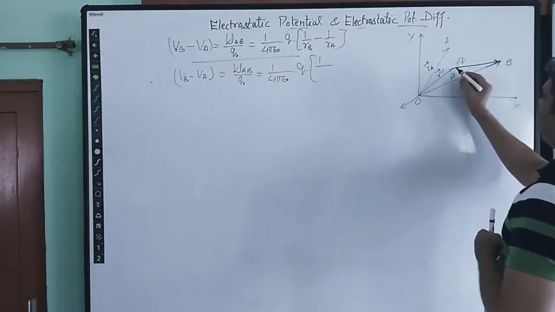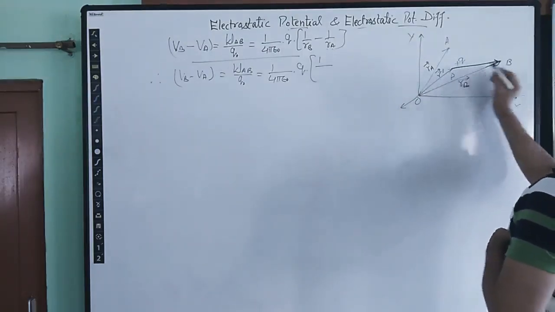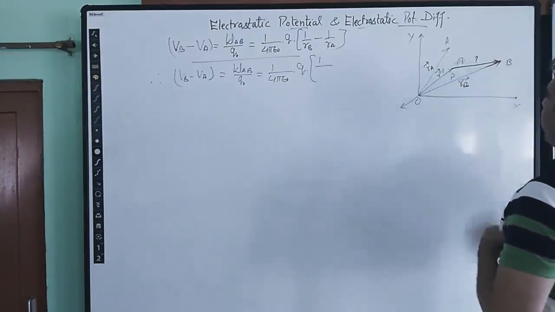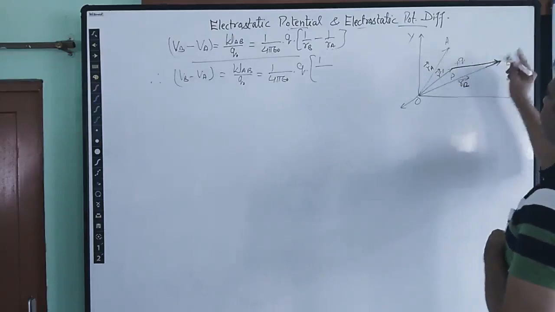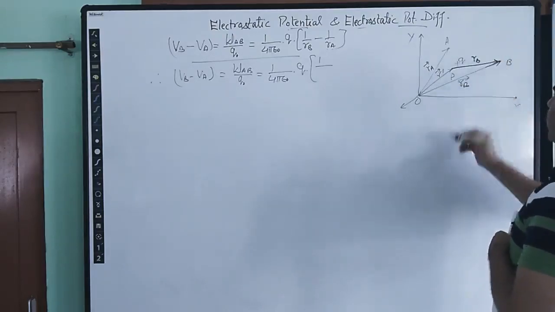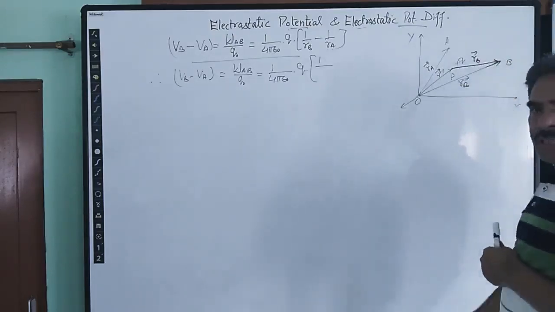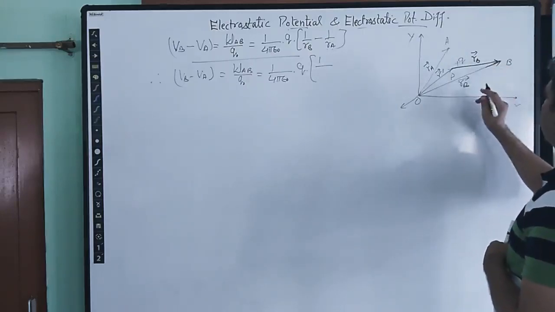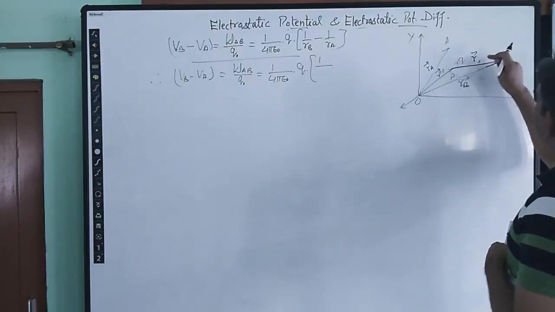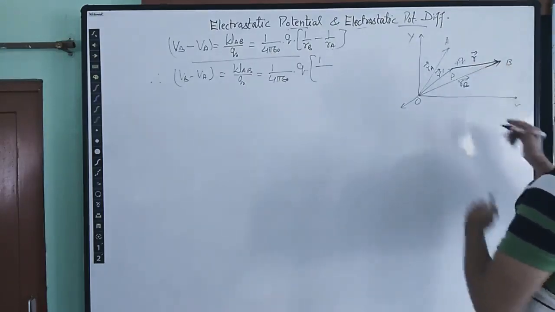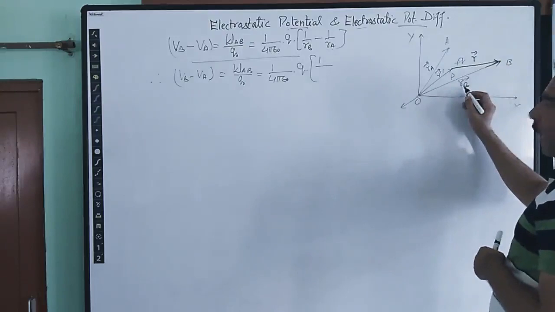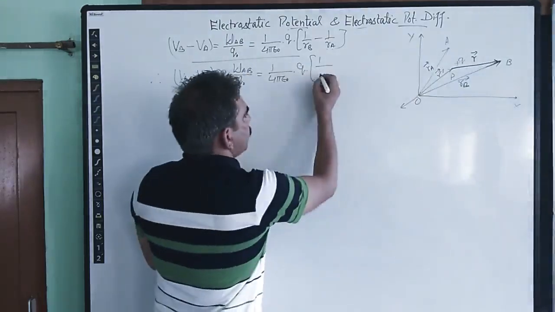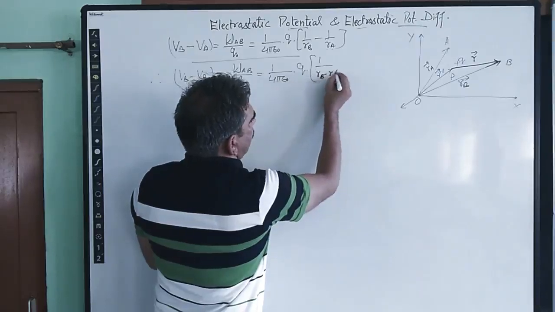So this is one vector, this is the second vector which are in same order, and this is the third vector taken in opposite order. So in order to find this vector, we simply use triangle law of vector addition. We simply say that RB is equal to, sorry, not RB, let me represent it by R. So this will be equal to RB minus R dash. So this position changes to RB minus R dash